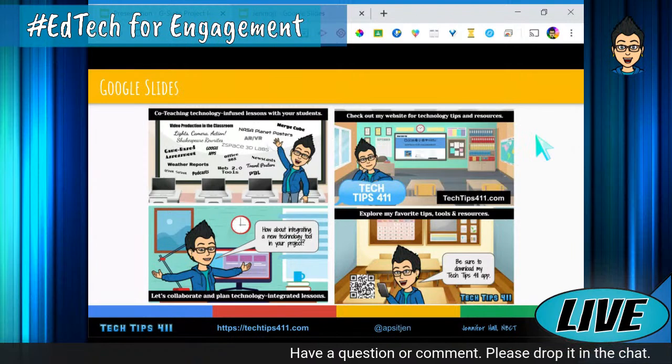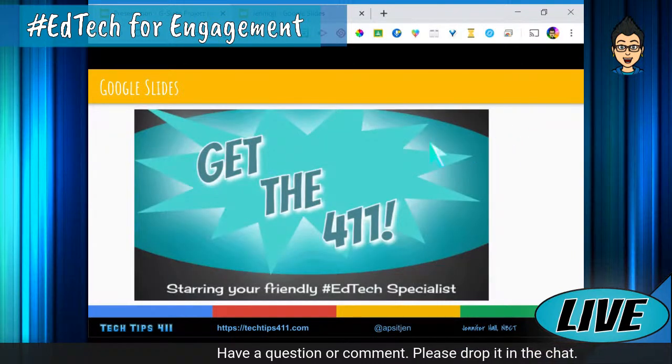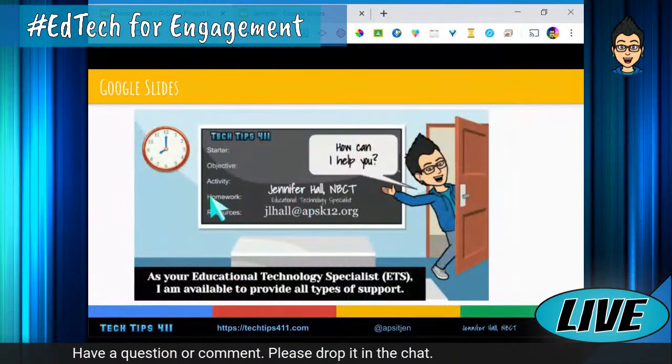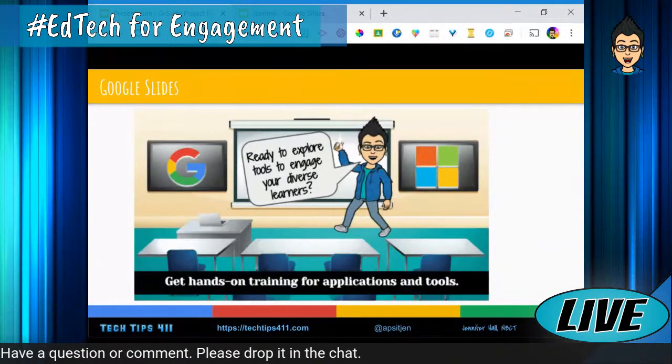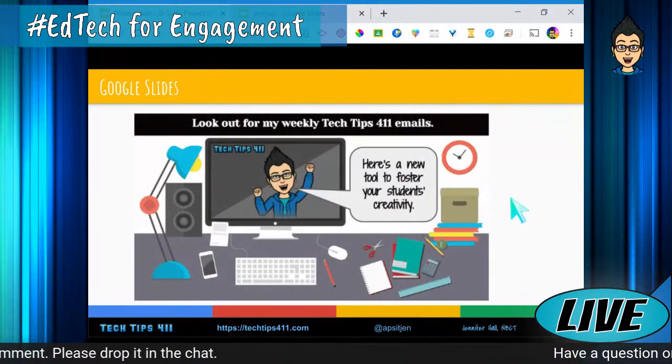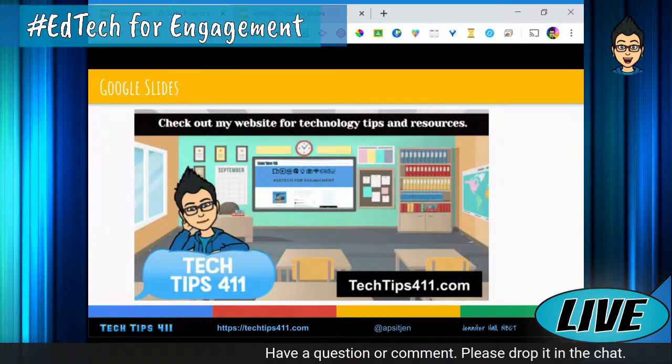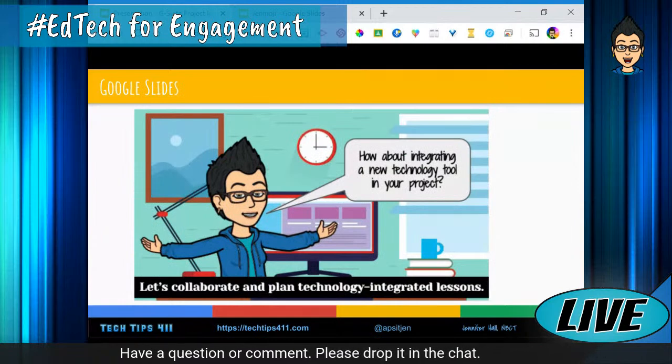And what you can do then is after they've created it, it can be exported. Let me go back here. It's going to see if it's going to play. Go back one more. There we go. This is actually an animated GIF that's playing, so you can watch the cartoon. You can use the animation feature inside of Slides, or you can use another tool called Tall Tweets. If you're not familiar with it, I'm going to put the link in the description as well. So as you can see, easy to create